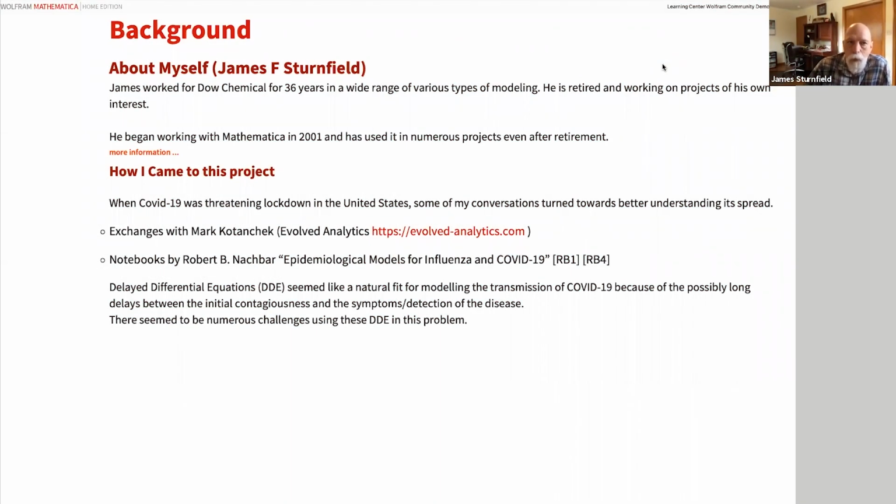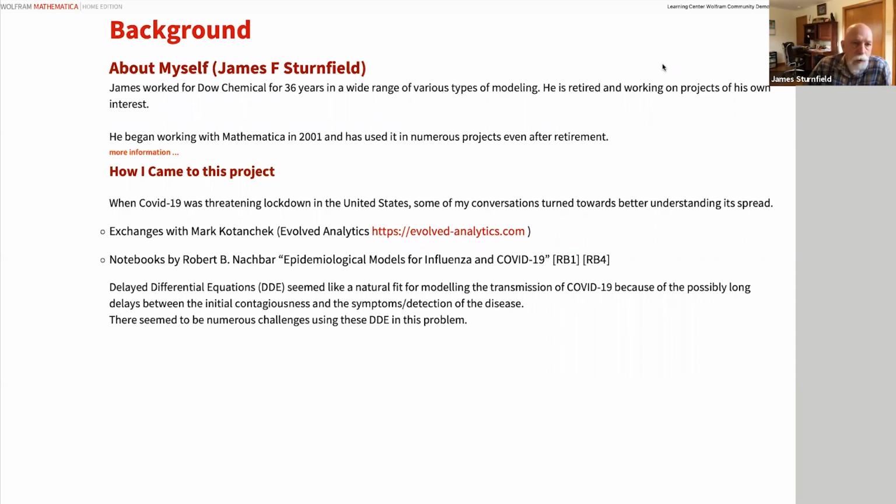I've been using Mathematica for 20 years. Really got involved with it as I started working with Dow Chemical, and I've retired since then, but still use it on my own projects of my own interest. I really got into the delayed differential equations because of the COVID lockdown, and